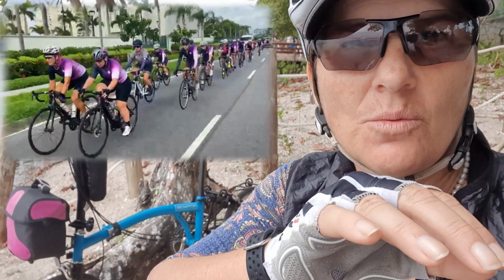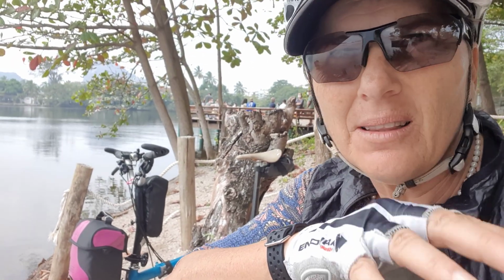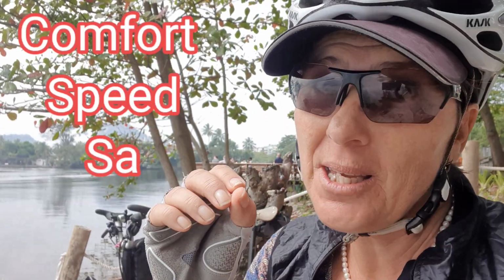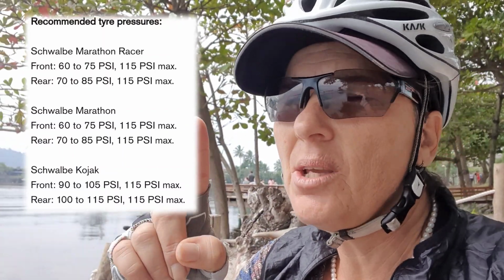Before I started riding with the road bike team, I didn't know that the tire pressure was so important. Well, the tire pressure strongly affects the comfort, the speed, and safety. Brompton tires have a big range from 65 to 110. It's a big range. 65 would give you a very comfortable ride, but